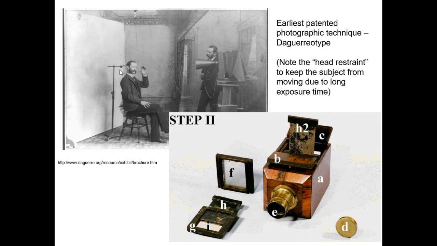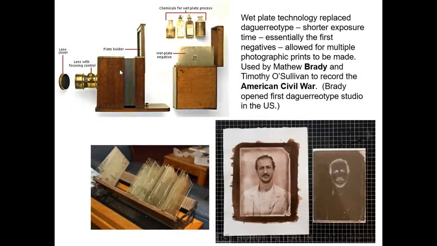to keep him from accidentally ruining the photograph by moving too much, because the image would have to be of something very, very still in order for it to work with the daguerreotype. Anything in motion would be kind of ghostly, transparent, or blurred. The next big advance after the daguerreotype is the wet plate technology, and with wet plate, the silver iodide is